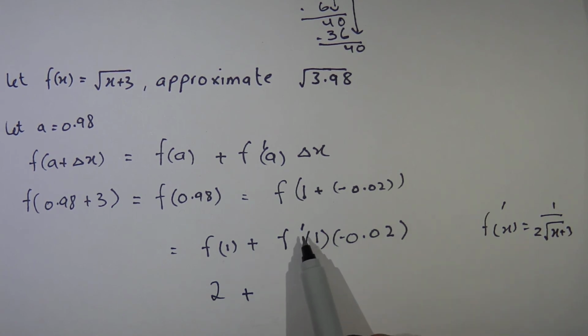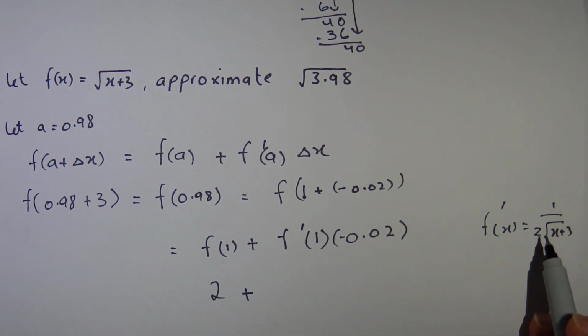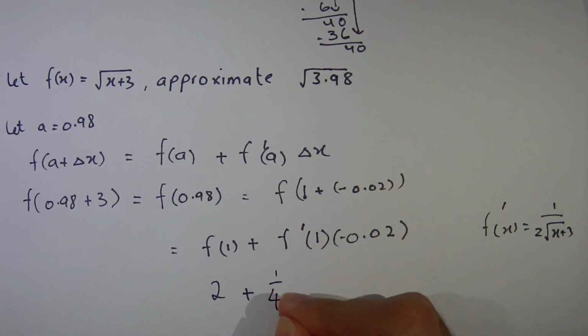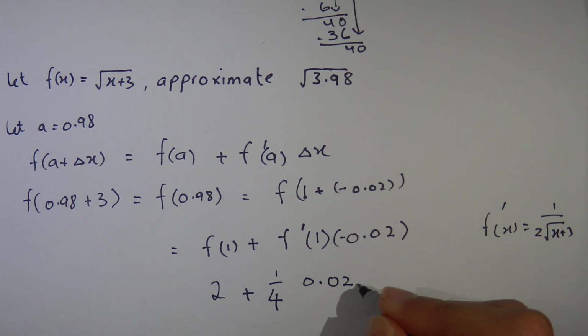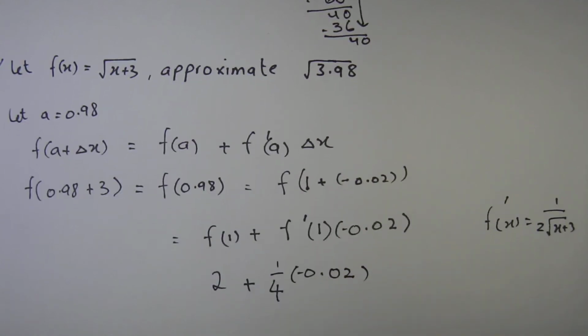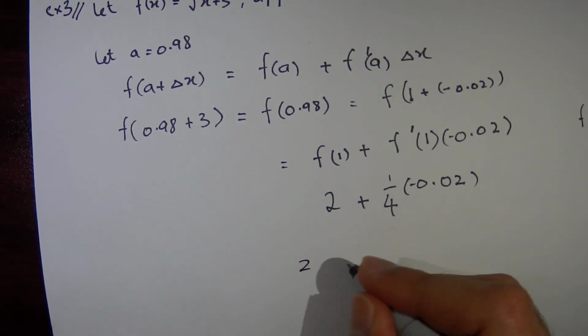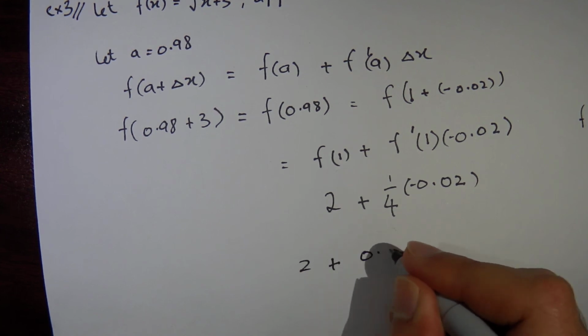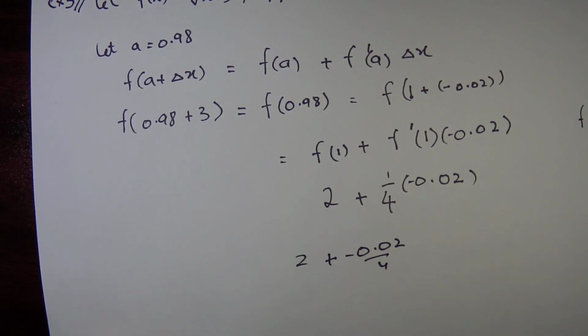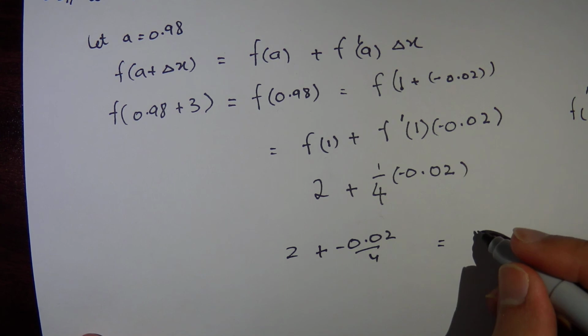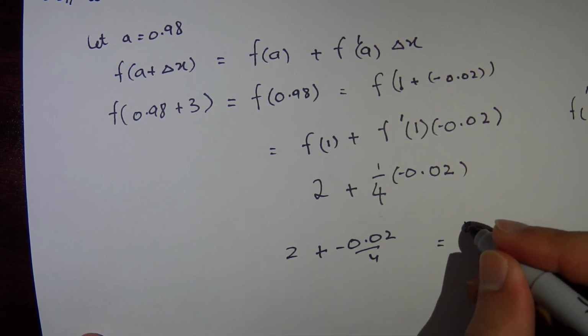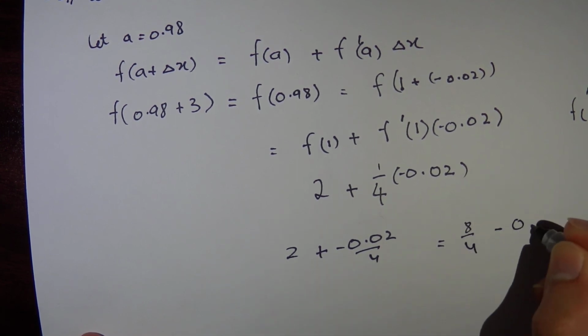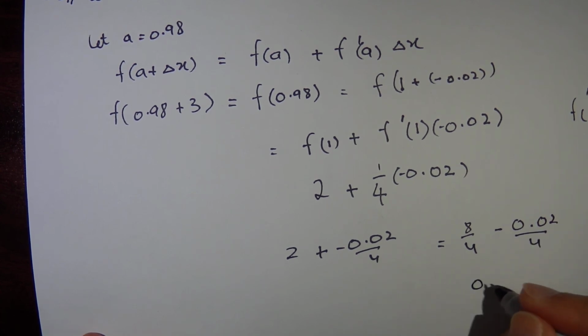I know that f prime of 1 will be 1 over 2 times 2, which is 1 over 4, multiplied by 0.02. Negative, of course. And now we have 2 plus 0.02 over 4, which will become 8 over 4 minus 0.02 over 4, so